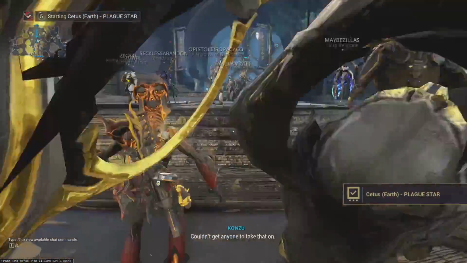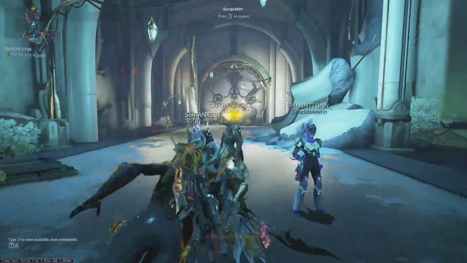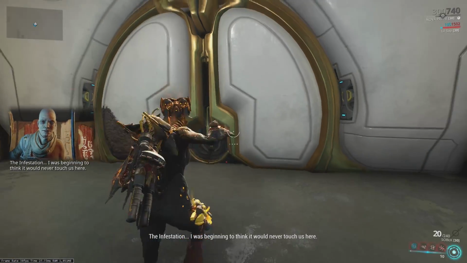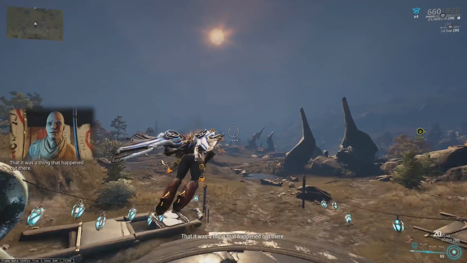So Plague is back, and I figured I'd cover a solo guide doing Plague Star because I know a lot of people play solo, and even if you're not solo, this guide will probably help you queue up for those public missions because with this build and with how I'm doing this, I'm able to do 10-minute missions very